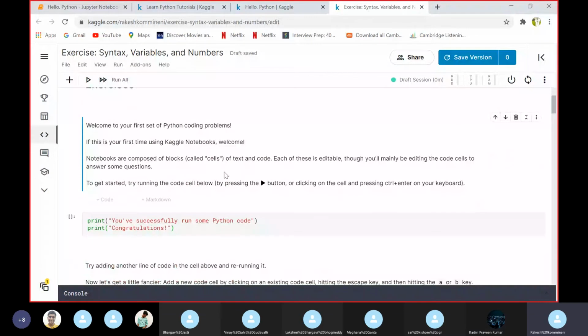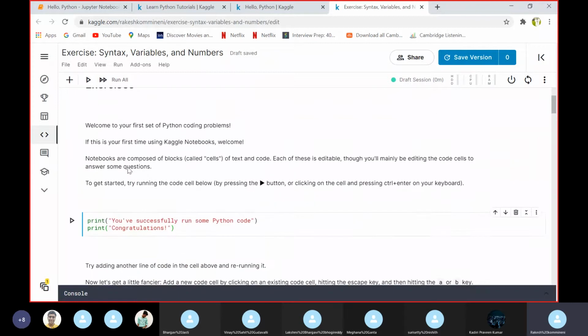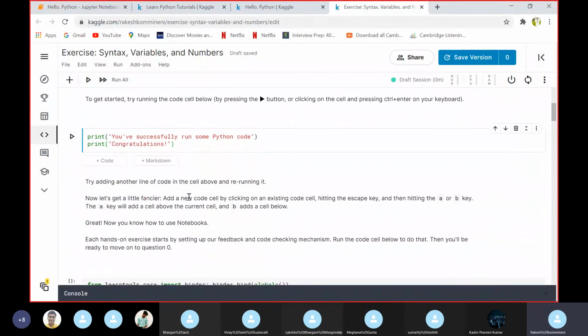So we just opened the kernel in Kaggle, which is also known as notebooks in Kaggle. We can practice these Python codes here, and to get started, we have to practice this hands-on. Here you can see the print Hey statement.